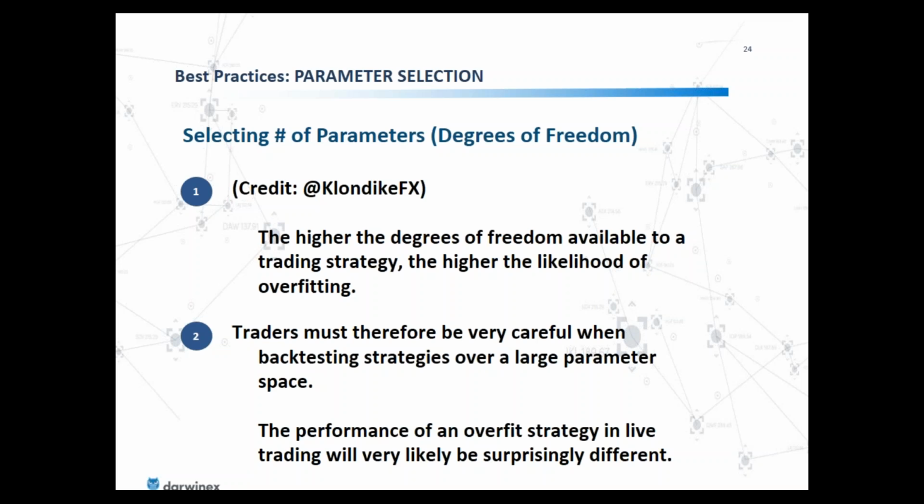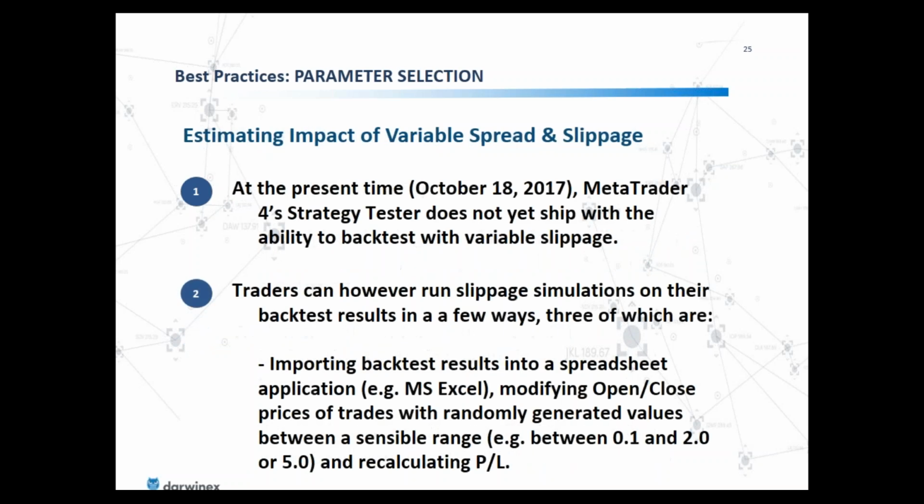Remember, the larger the number of parameters you supply your strategy to trade with, the more options it has to fit to the data it's been modeled on. If you continuously do that, even with a robust range of values for each parameter, you may still end up with an overfit strategy because you're using so many parameters. So the performance of an overfit strategy in live trading will very likely be surprisingly different to your backtest. So be mindful of the number of parameters, or put differently, degrees of freedom, that you allow your strategy to trade with. Estimating the impact of variable spread and slippage is a very, very important issue, and is not